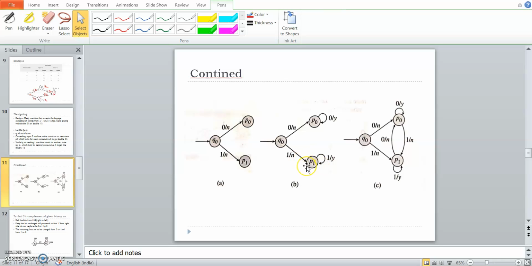Now, as this is a deterministic finite automaton, we have to consider what happens if I get first 0, second 0, and now I get 1. What to do? That string is still accepted, right? So we will go for the next consecutive ones in the